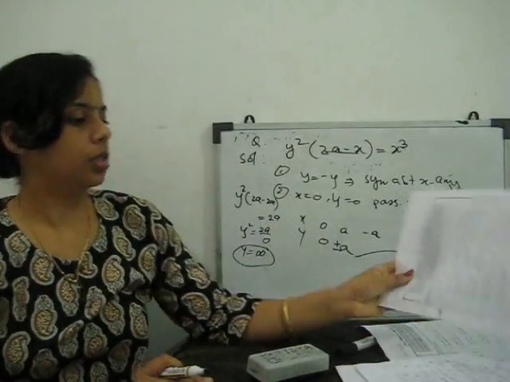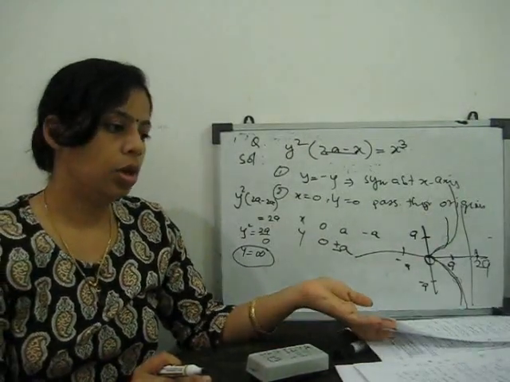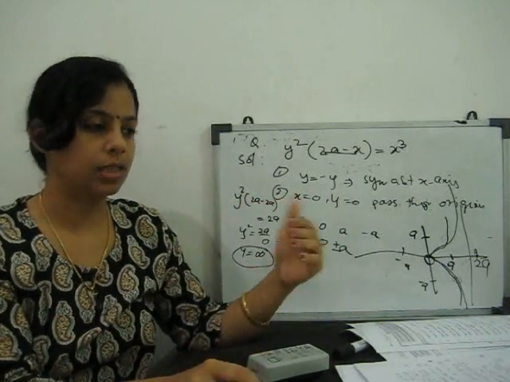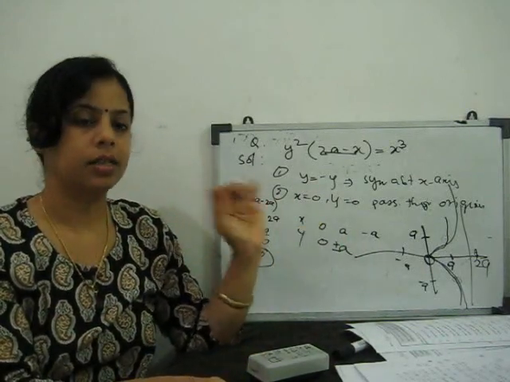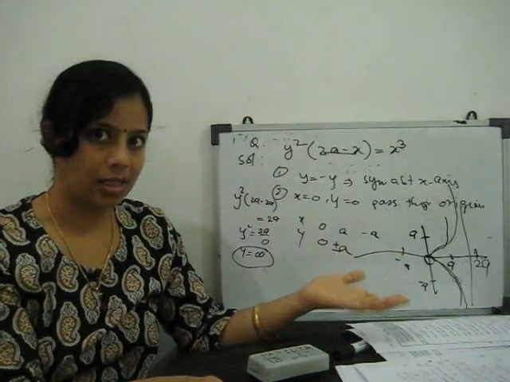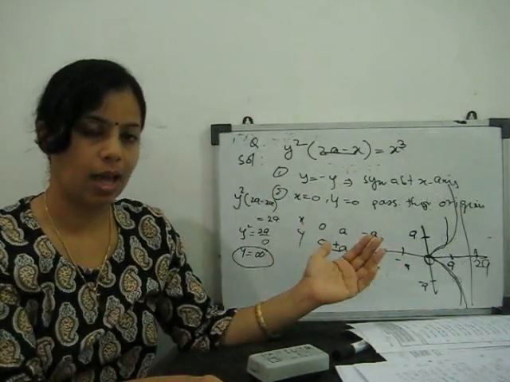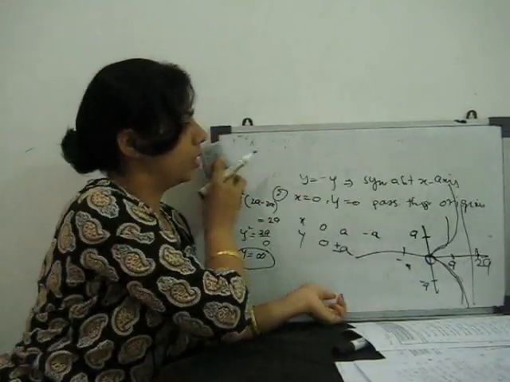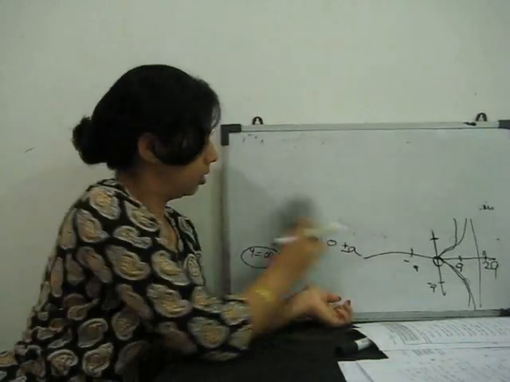So in Cartesian coordinates, it is very easy to draw the curves. Just find out the coordinates and you can find. Sometimes if we can't find out, we can find its tangents also, and with the help of those tangents we can draw. Then next,